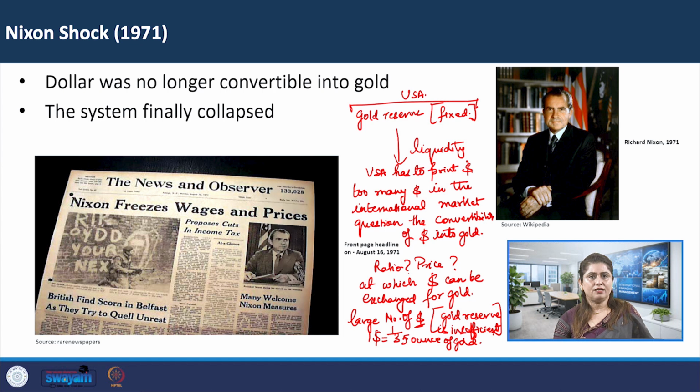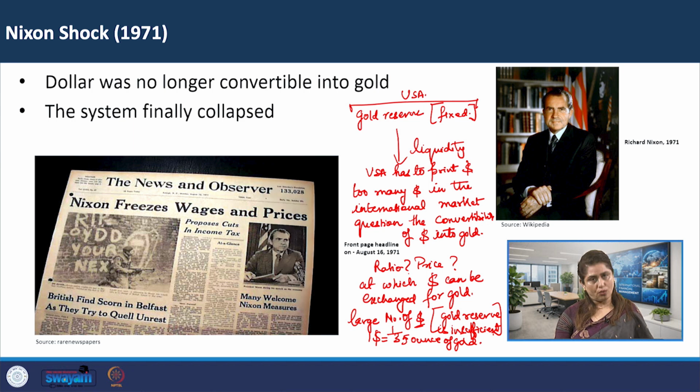So finally, in August 1971, US President Richard Nixon made a historic announcement. He declared that the United States would no longer convert dollars into gold. This event is known as the Nixon shock. With this decision, the foundation of the Bretton Woods system collapsed because the entire system depended on the dollar being